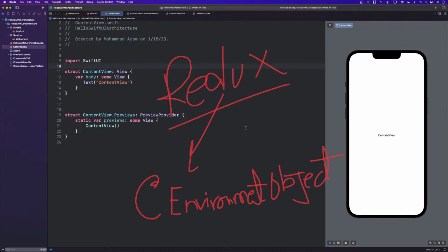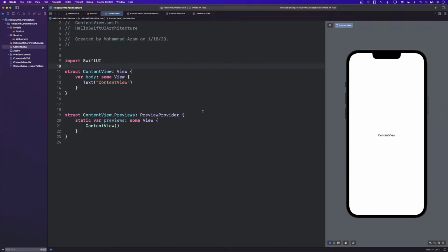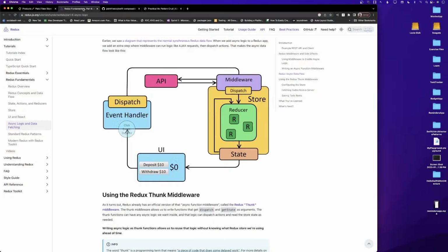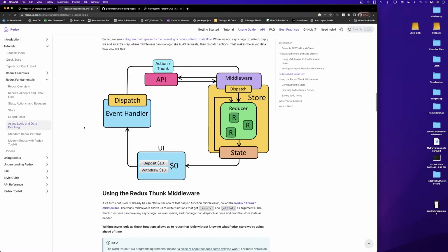of environment object. Okay, but if for some reason you want to implement your own Redux, I'll just copy the code. Well, first we have to look at the Redux pattern. So the Redux pattern is basically saying that your UI, which is your view, if it needs to update the global state, and by global state I mean state that can be accessed by any view that you want.